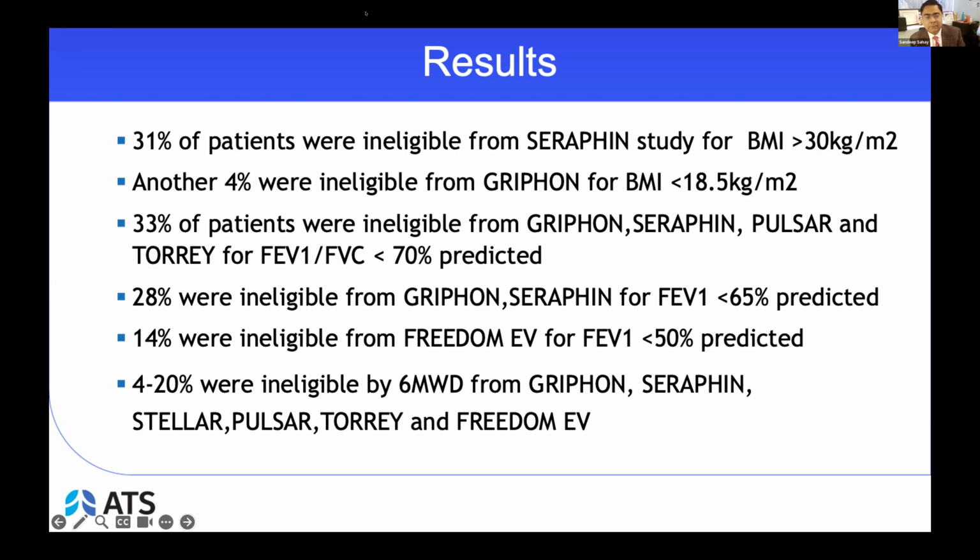And this is another thing, because we believe and hypothesize that comorbidities play a significant role. Like the BMI cutoff of 30 excluded almost 30% of PAH patients from participating in the clinical trials, and many of them were heritable or idiopathic PAH patients. So the question is, how is that BMI cutoff decided when they're designing the clinical trials? And we see that the same cutoffs get replicated into multiple clinical trials.